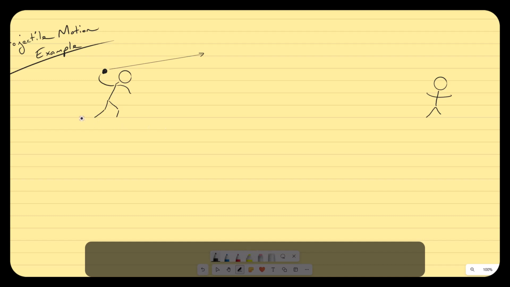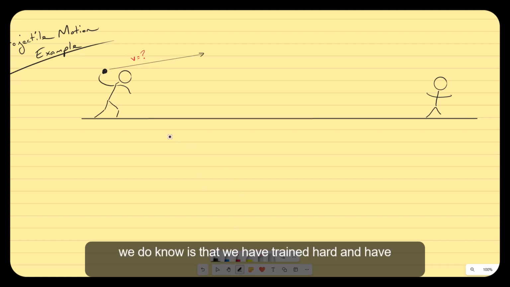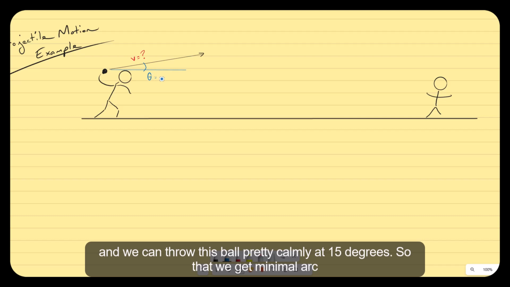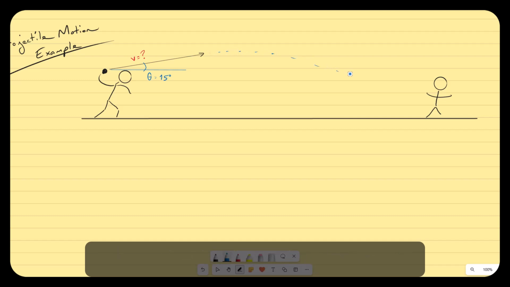and we want to figure out the speed of our throw. What we do know is that we have trained hard and we have a lot of power, and we can throw this ball pretty comfortably at 15 degrees so that we get minimal arc and we can catch it